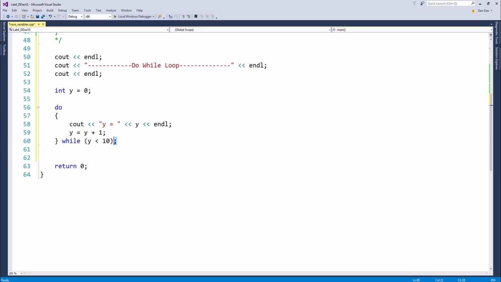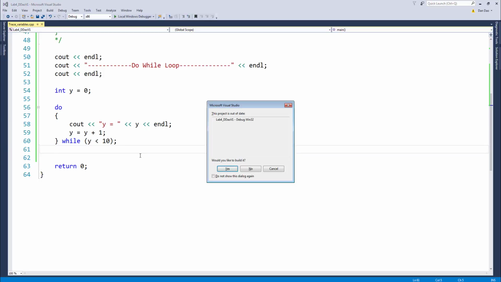But look at this. It ends with a semicolon. All right. So you do it first. You test it. If it's false, it terminates. If it's true, it comes back and does the iteration again. All right. So here's what I'd like for you to do. After you put this in, Control F5, run it,